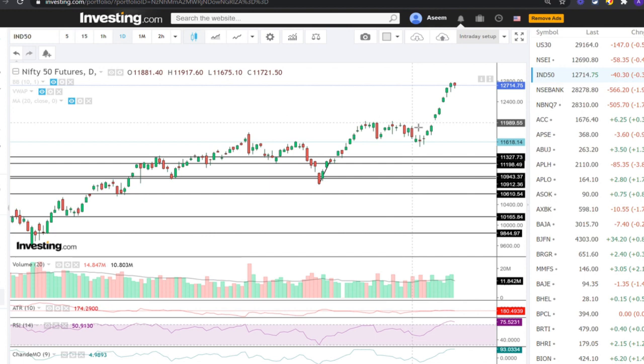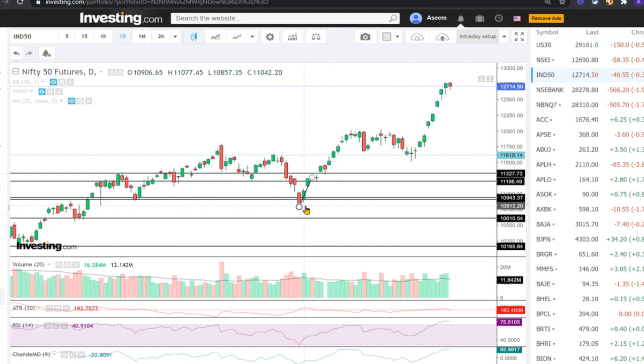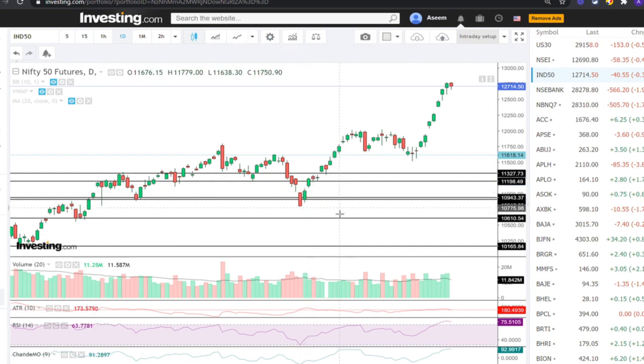So let's dig into Nifty and Bank Nifty and how they are looking on charts. We are on Bank Nifty's daily chart. If you see the Nifty daily chart, and if you analyze two runs of Nifty, so from this level of